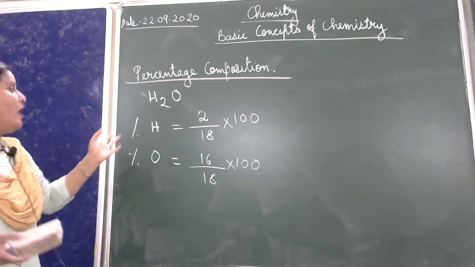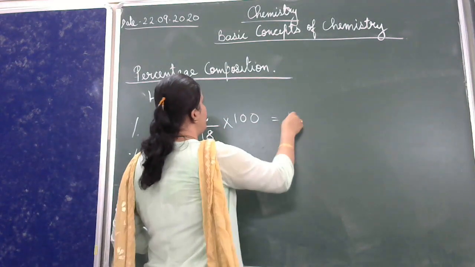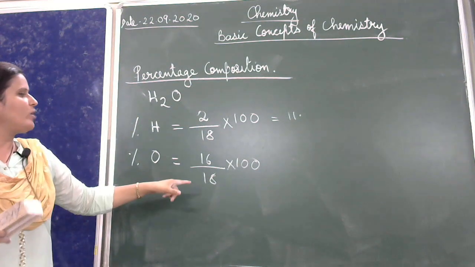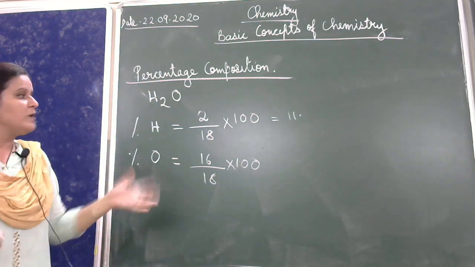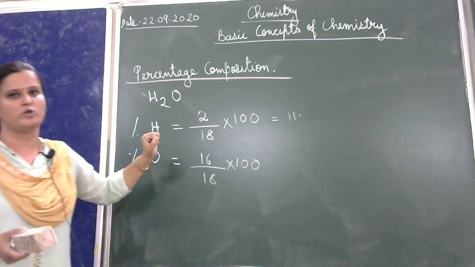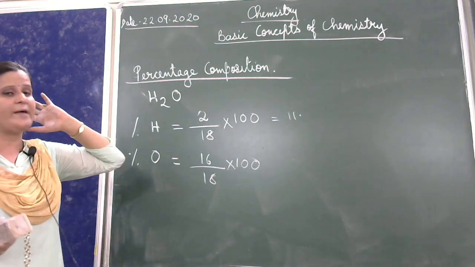Here you can do one more thing. You have calculated this factor, which will be around 11 point something. Next, the total percentage will be 100, so from 100 you can subtract this and you will get the percentage composition of hydrogen. Okay, I will stop here today. Tomorrow